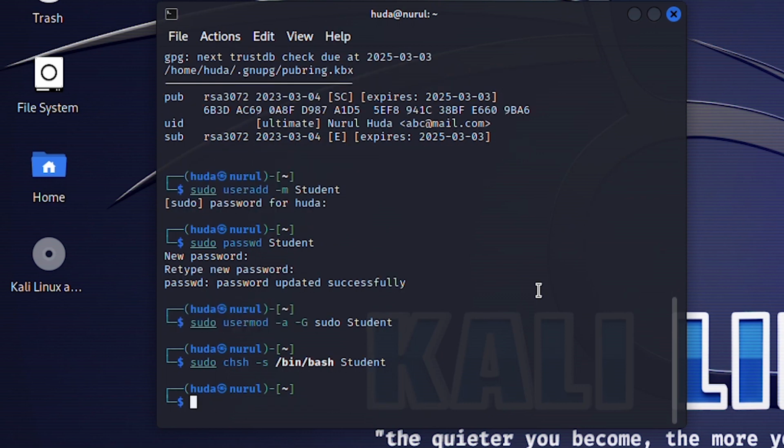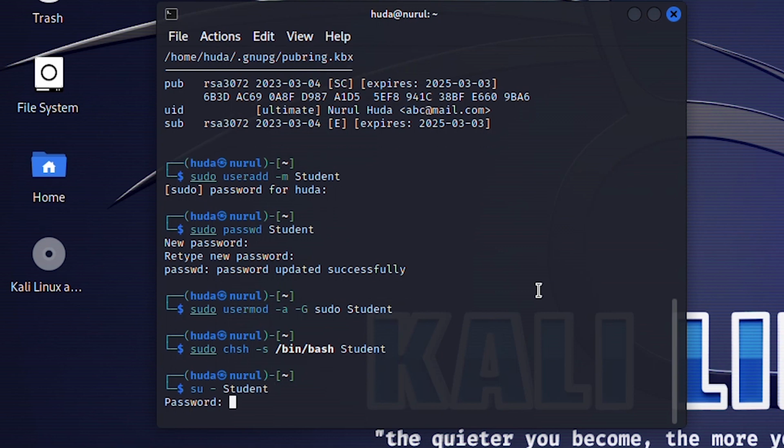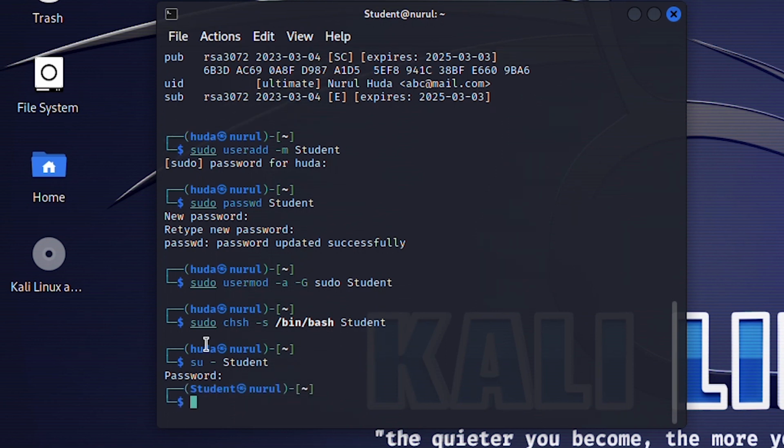All right, now I can log in as this user by using the su command, su and then dash student, password for the student account. As you can see, the prompt has changed to student, so I'm logged in as student right now. Now I will generate a key for the student as I'm logged in as a student. So sudo gpg